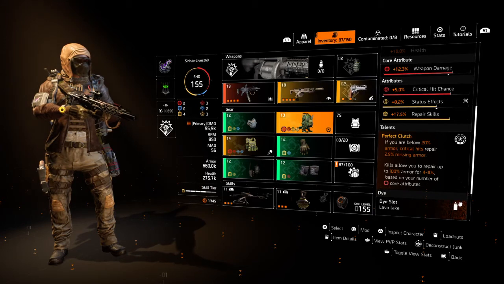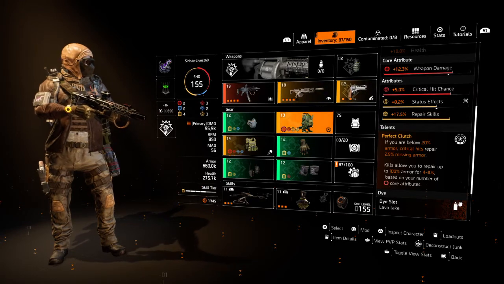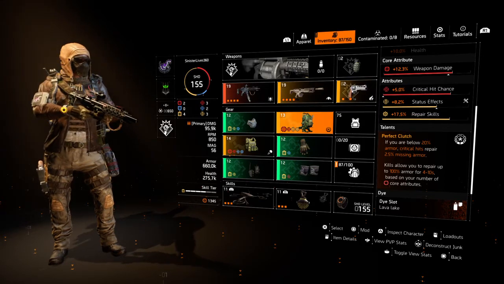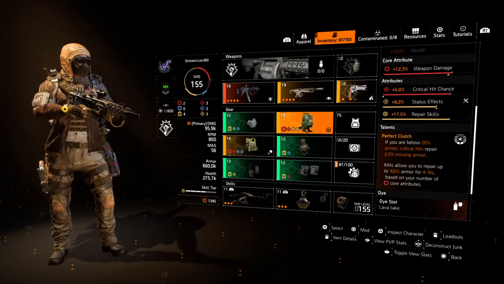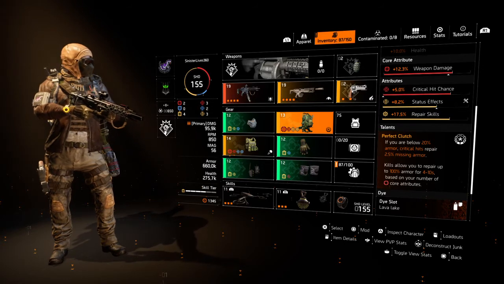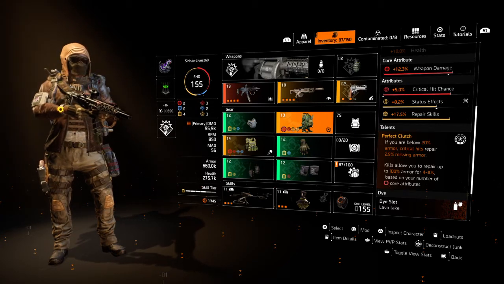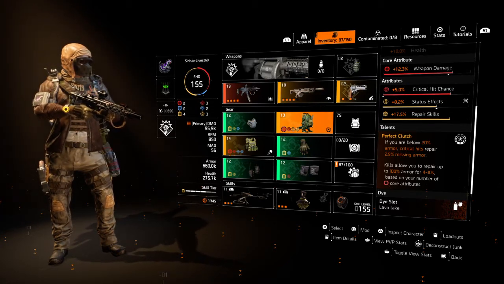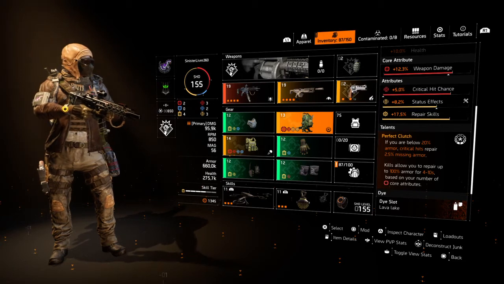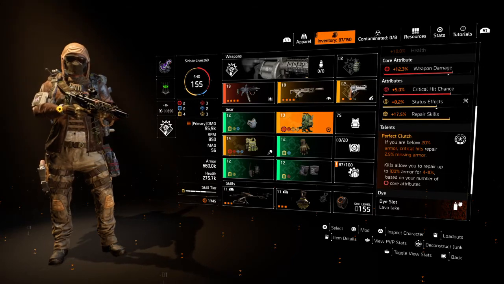This is going to give us perfect clutch, and under normal circumstances with what I have now, I would never use this backpack just because I'm not a huge fan of clutch. But this is one of those rare opportunities where we can use something like this, right? So if you are below 20% armor, which, believe it or not, is definitely going to happen to you, critical hits repair 2.5% missing armor. Alright, and kills allow you to repair up to 100% armor for a 4 to 10 second duration, based on a number of